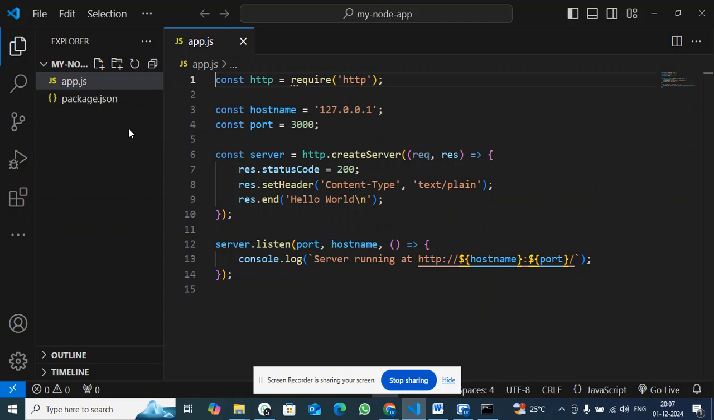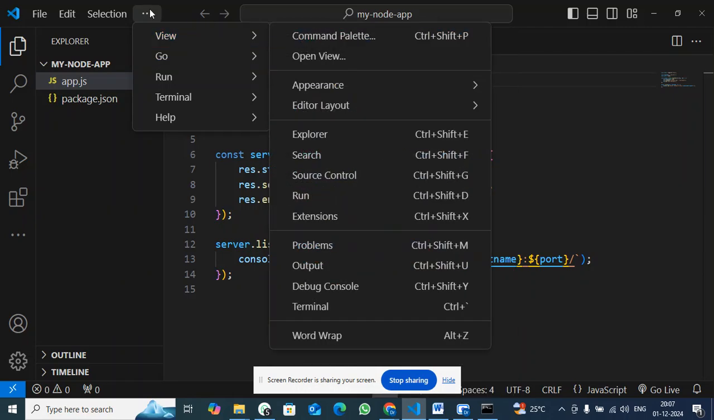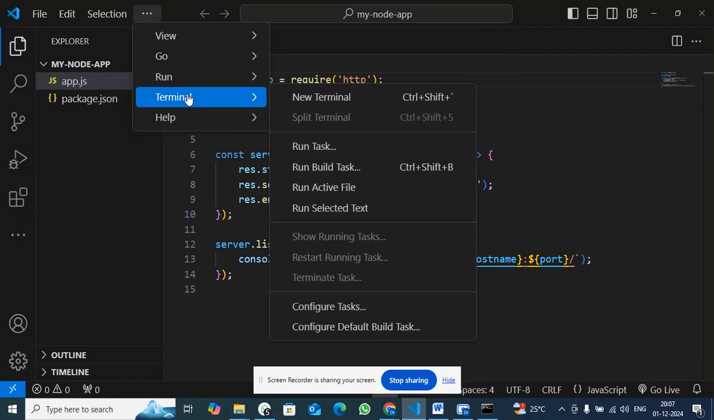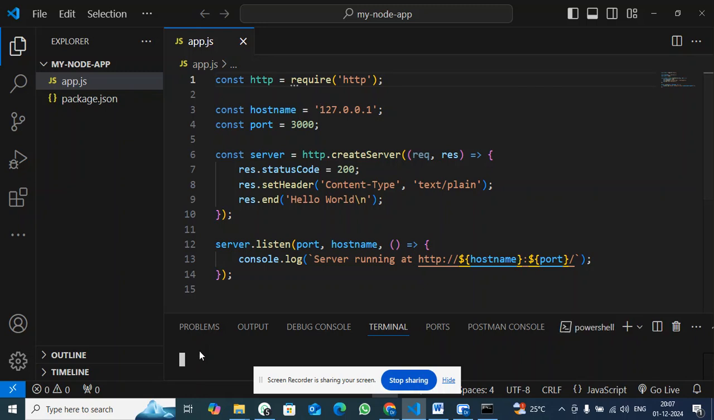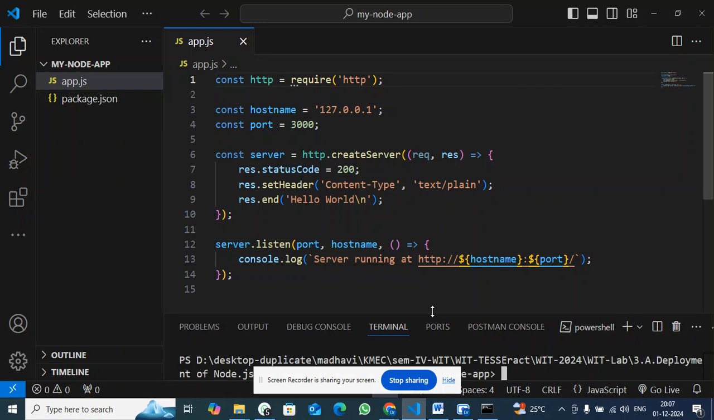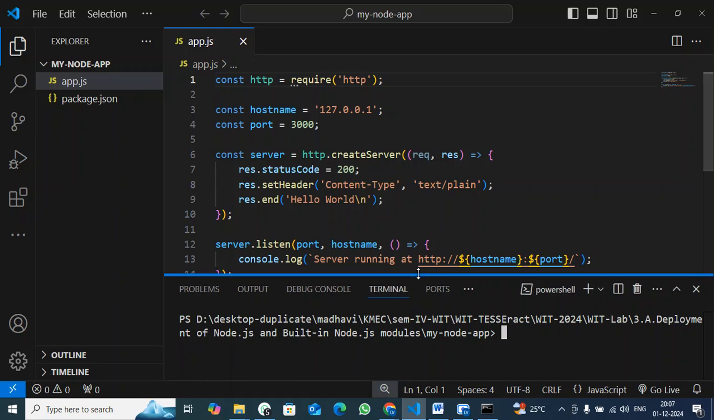So first, to set up your project, you need to create a new directory with your project name. Make the directory and open it. Initialize the project. For initializing the project, go to your terminal. Here is the terminal. Open the terminal, and it should open in your directory. Here is my directory name, my node app. Here you need to type in npm init